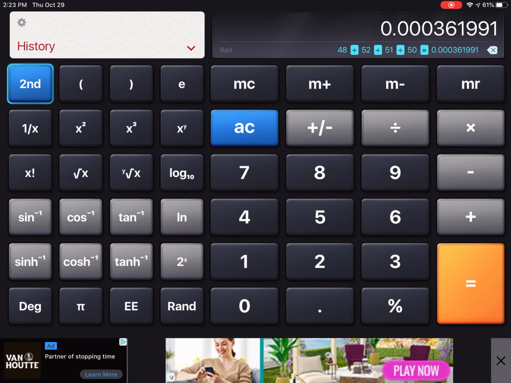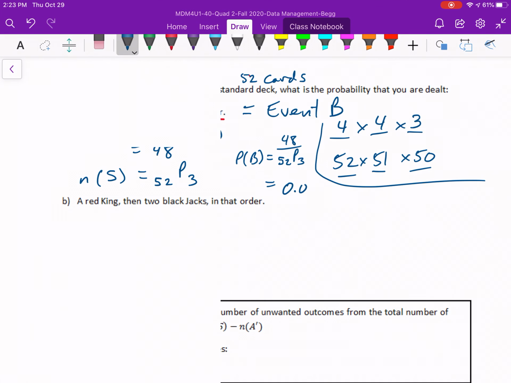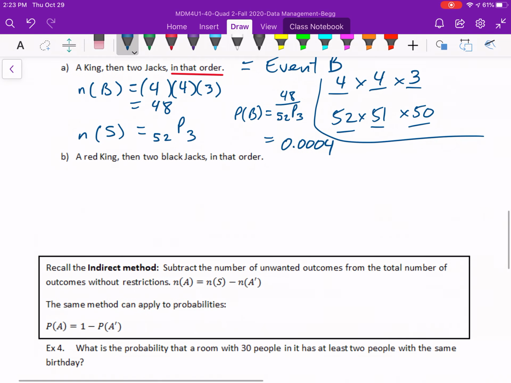And I got 0.0036199. Let's just round that to 0.0004, which would be the same as 0.04%. So about 4/100ths of a percent. Pretty slim. And if that's not likely to happen, what's even less likely to happen is getting a specific king,